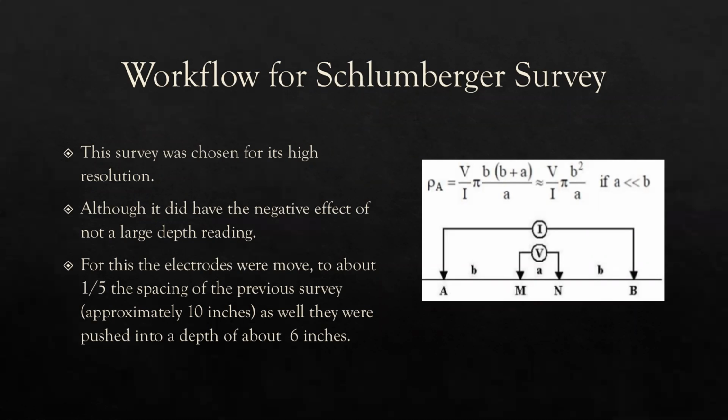They both have a 0 to 11 meter distance that it read, but the dipole read about 2 to 4 meters in. This only read maybe a meter in depth, and that was a really big disadvantage. But with this one, I actually did have to move the electrodes and the conduits. I apologize for not having a picture, but you want it to be about 1/5 the spacing as the previous